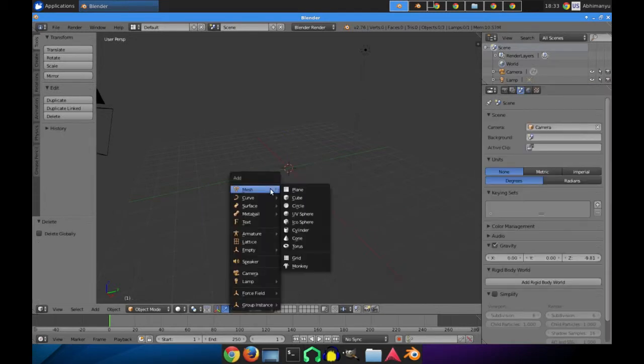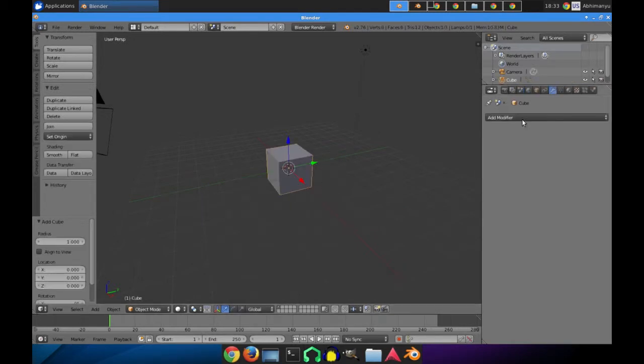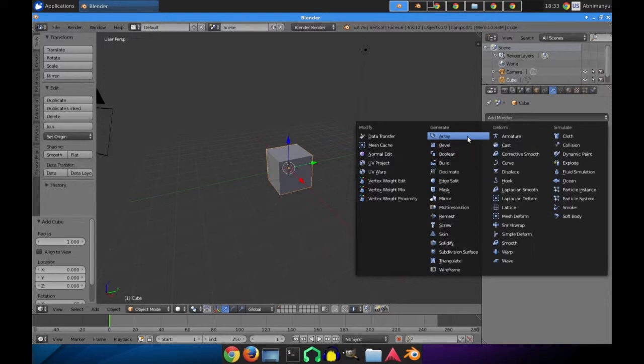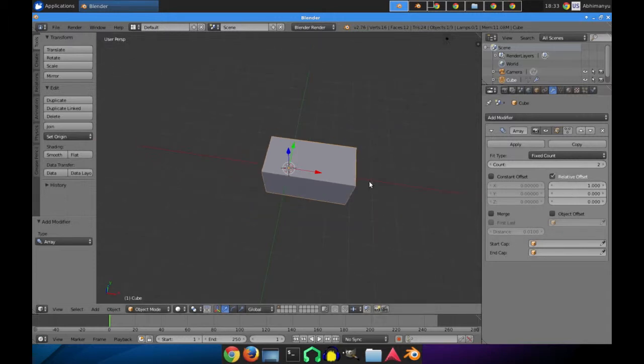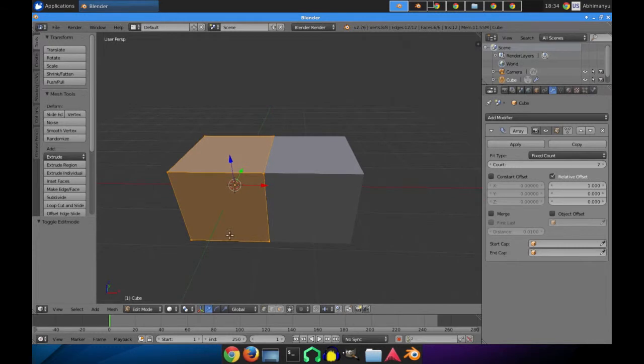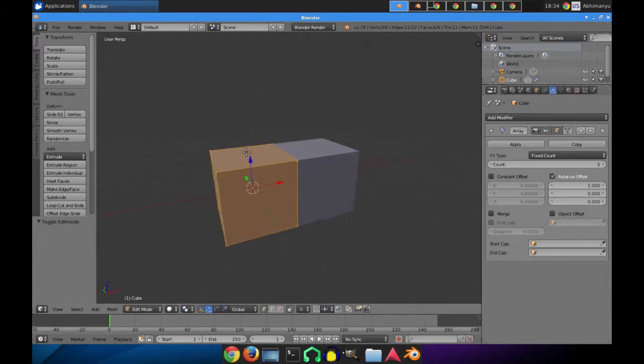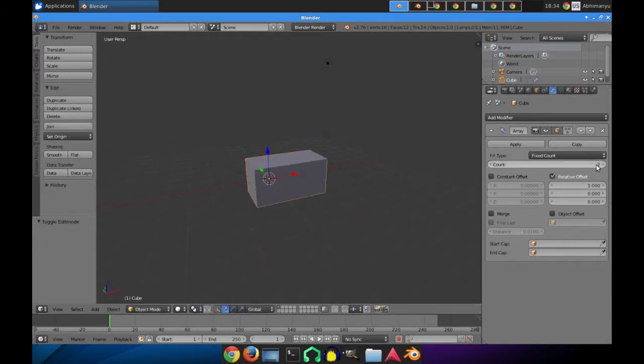So for that we can add a mesh and a cube, add a modifier array. So you can see that the count is 2. If I go into tab mode, edit mode, it's just one object. If I increase this count 3, 4, 5, 6,